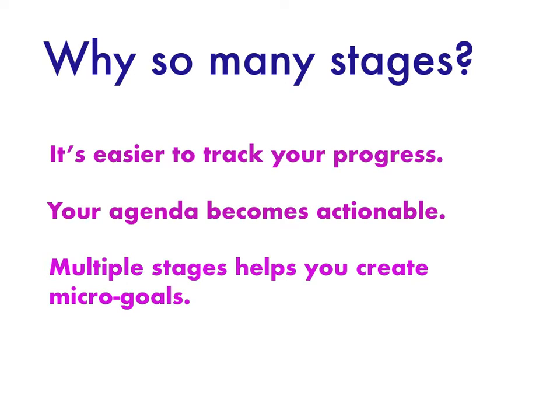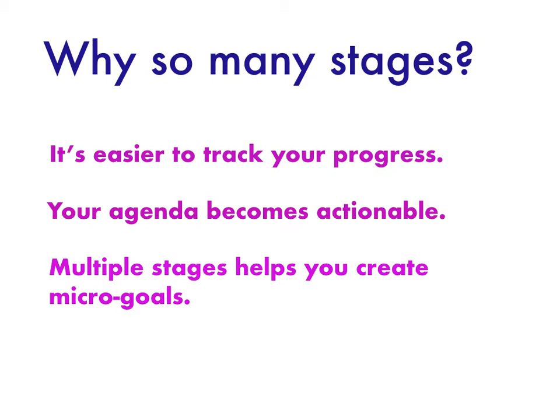So for instance, in stage 1, where you have just an idea for a chapter, one of your micro goals would be to write down the questions you want to answer in that chapter. Another example of a micro goal might be to read a couple of pieces of literature and identify what the pieces of literature are in preparation for brainstorming about the contribution you're going to make in that chapter. Or it can be getting started on your outline and writing the first section.